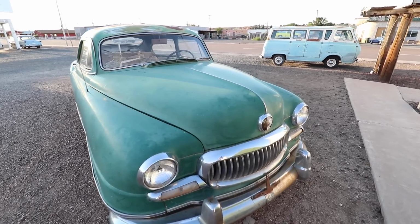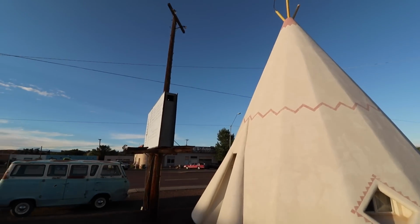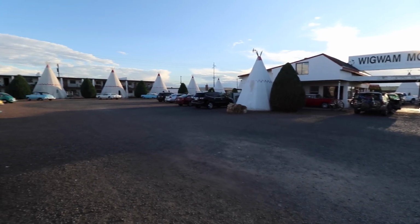And instead of paying him royalties or a flat fee for the use of his ingenious style of motel, what Lewis did was put coin-operated radios in each one of these wigwams, and all of the nickels that would go into the radios would go to Frank Redford. But otherwise, the rest of the place was owned and operated